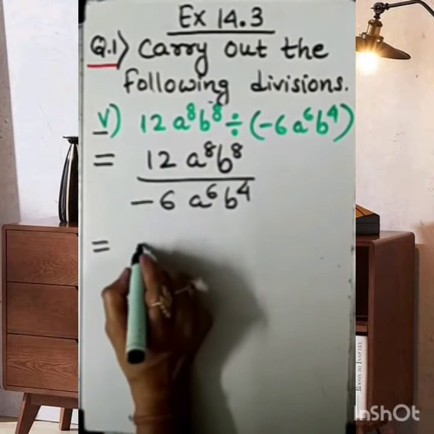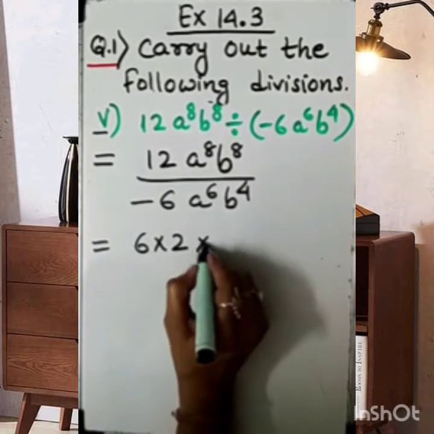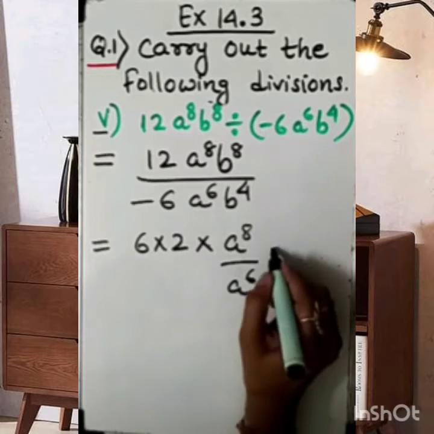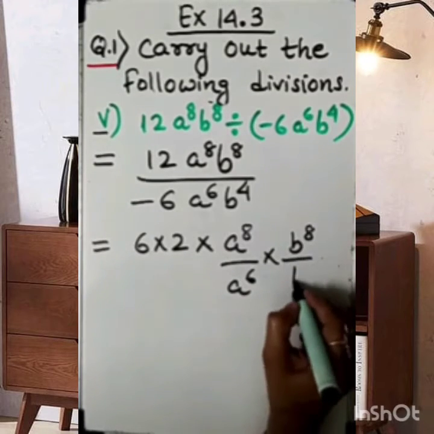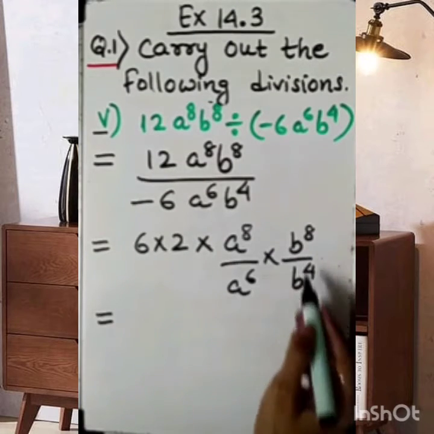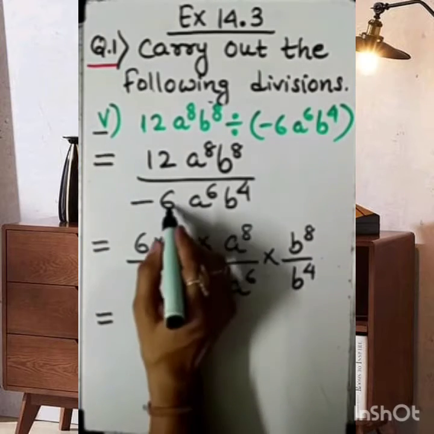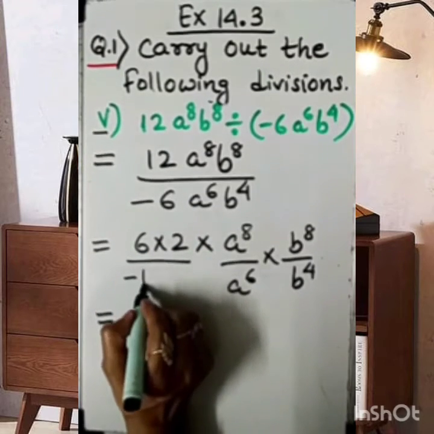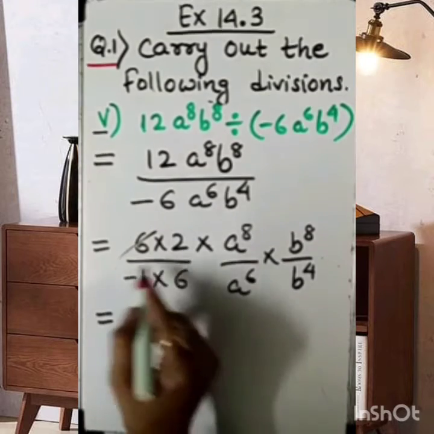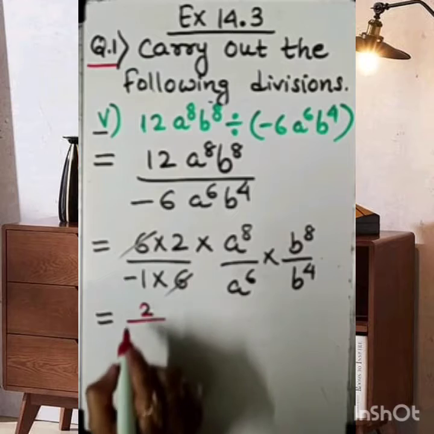So my dear student, the factors of 12 are 6 times 2. Here I am showing you a different technique. Whenever we have a bigger number as a power, we need not mention all those terms at that time. Don't repeat them. Instead, just mention it this way. Now here in the denominator is this minus 6, so it can be written as minus 1 into 6. Minus 1 into 6 is minus 6. So 6 cancels. In the numerator 2 is left, in the denominator minus 1.